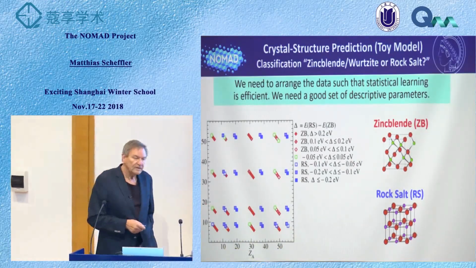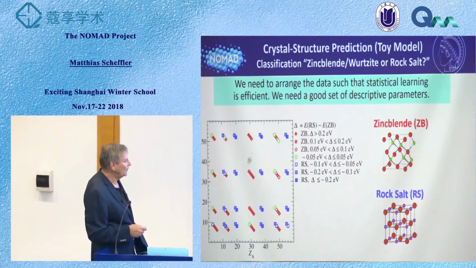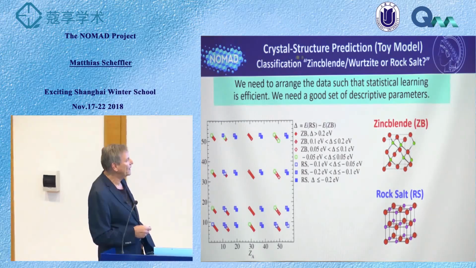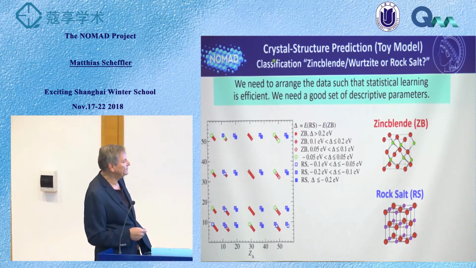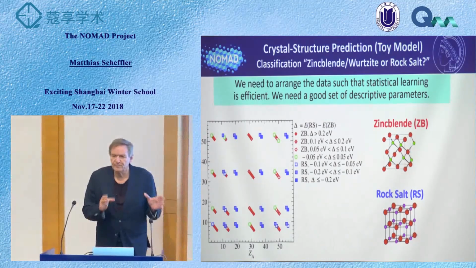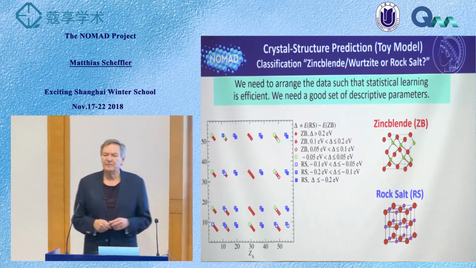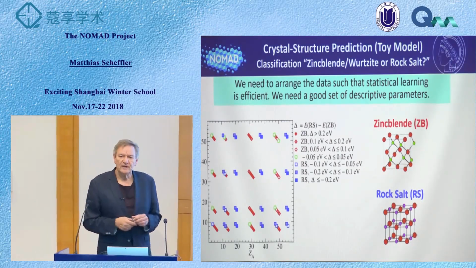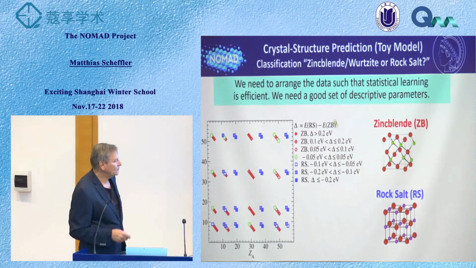we are in. Let me tell you about one example which I want to use, and again the goal I'm having in solving this, what I just have said, crystal structure prediction. I call this the toy model, but it's also a classical model in condensed matter physics. We want to do a classification. Can we predict, this is again the idea of building a map,